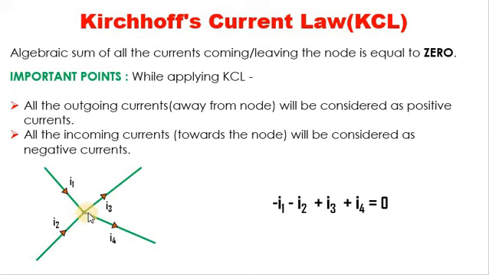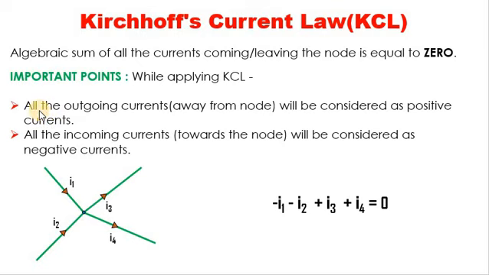I'll discuss more about what a node is and what types of nodes we see in a circuit, but for the time being you just consider that this is a node here. You can also see some directions of currents. There are 4 branches here, and some currents are entering the node and some are leaving the node. There are certain rules that you apply while applying KCL on a node in a circuit, so you should always follow these same rules everywhere.